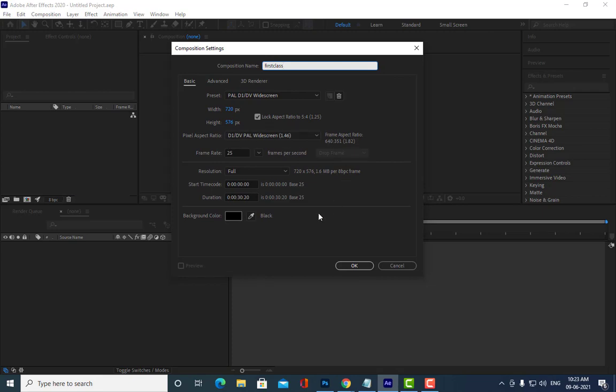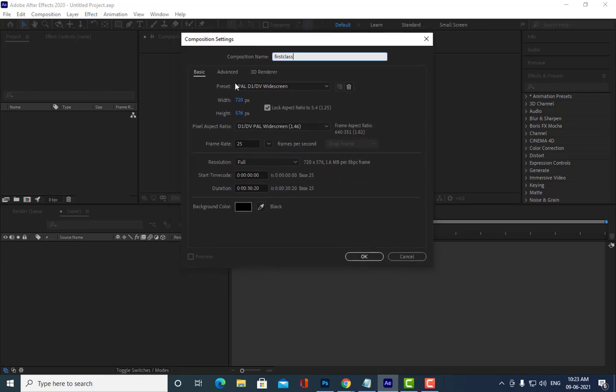Then see here, what else can you do? Here we will be working with full resolution. If you want, you can put full resolution. We can also change it afterwards. If you want to work in high resolution while you are working, you can keep full here.